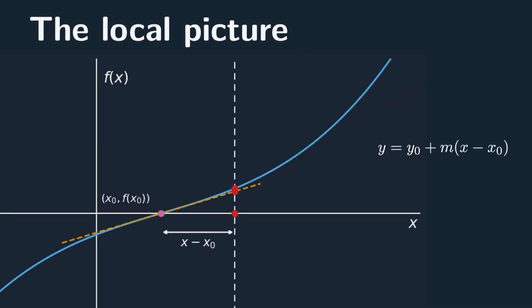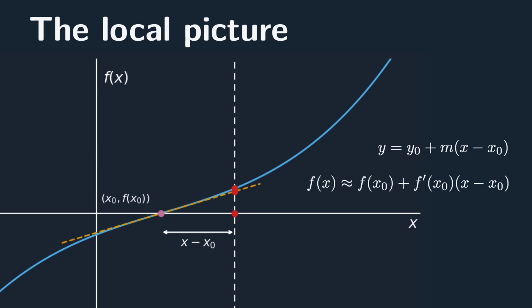Now we take the straight line idea and apply it to a nonlinear function. Suppose we have a nonlinear function f(x) and we choose a point x₀. At x₀, the function value is f(x₀) and the slope of the curve is the derivative of f at x₀. The tangent line passes through the point (x₀, f(x₀)), and uses that slope. Near x₀, the tangent line stays close to the nonlinear curve. So we can use the tangent line as a local approximation.